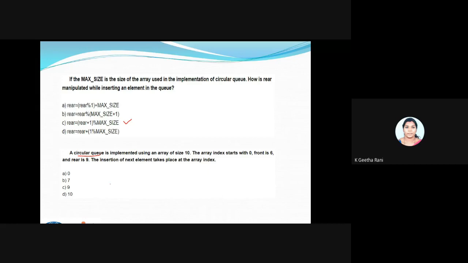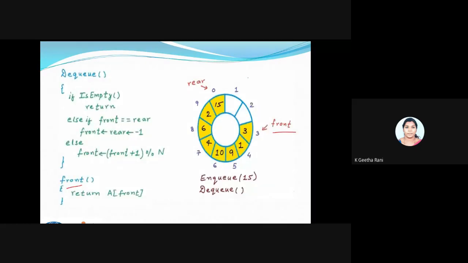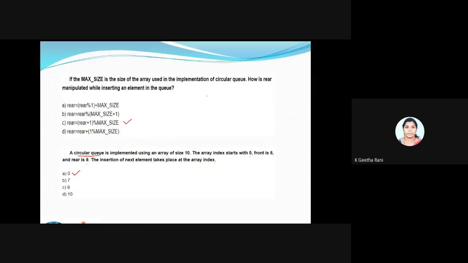Yeah, the answer is going to be Kavya. Yeah, super. The answer is going to be 0. Okay, we can know that it's going to start from 0, and the rear is going to be 9. If I want to add one more insertion, what happens? Again, it goes to the value 0. So this is the answer. The answer is going to be 0.